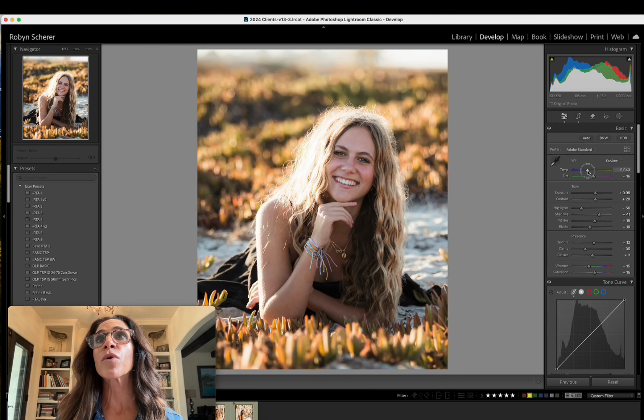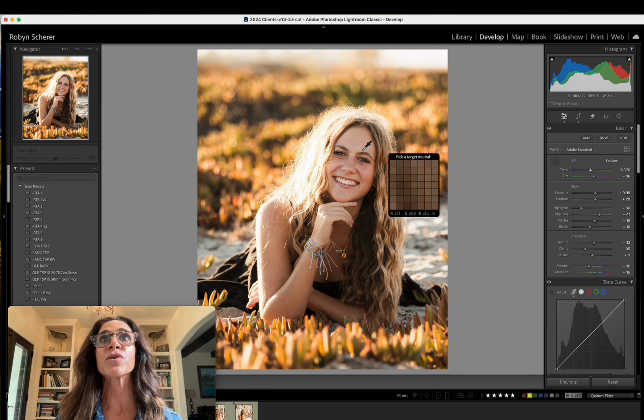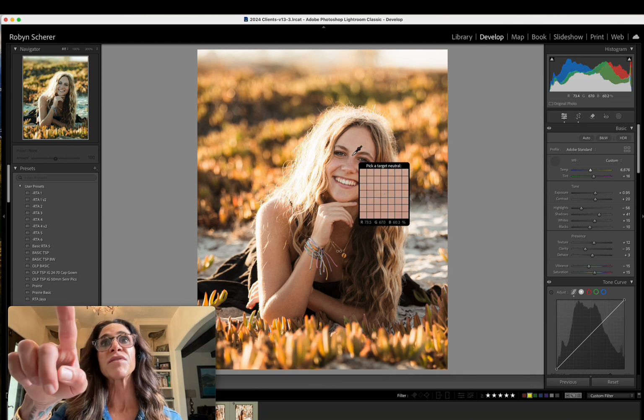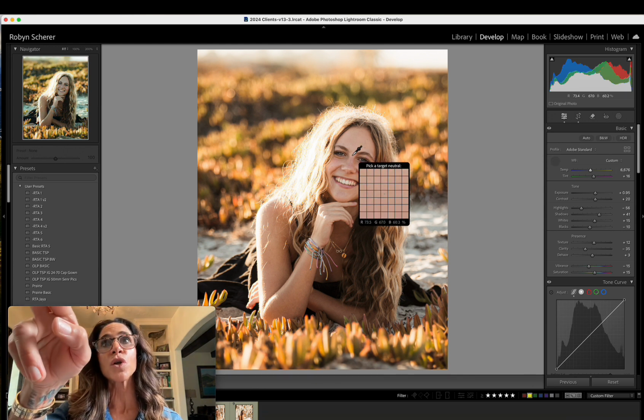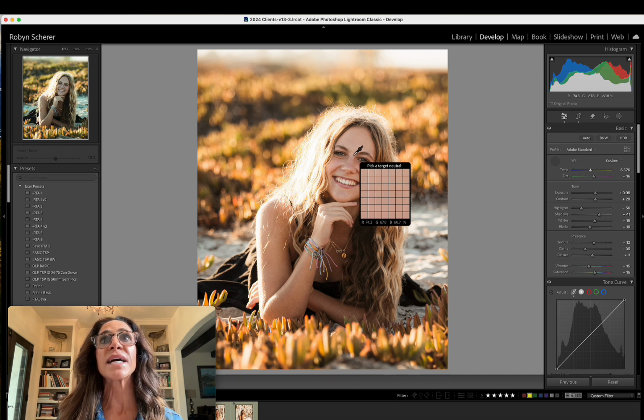So I like a warmer image. I'm going to warm her up, and now I'm going to check her skin tone. Again, you should have 75, 65, 55. So we're closer here. It's saying with that 60 that we're a bit too warm, so I'll bring it down a smidge, bring down the pink a smidge,